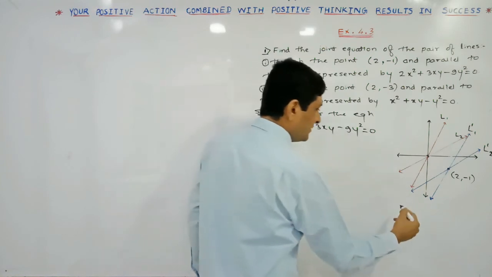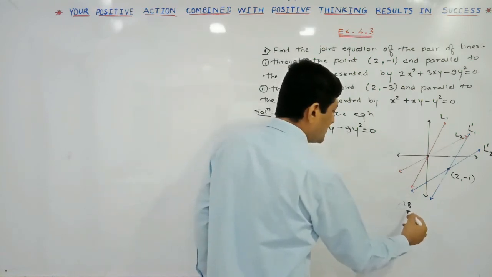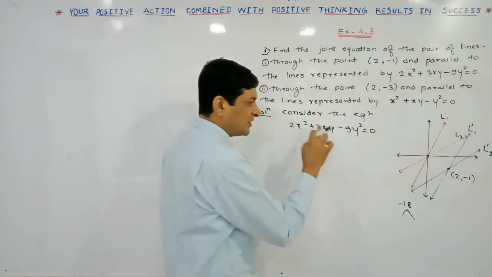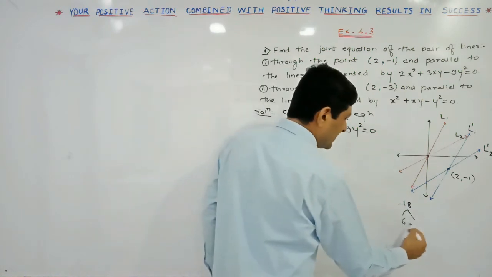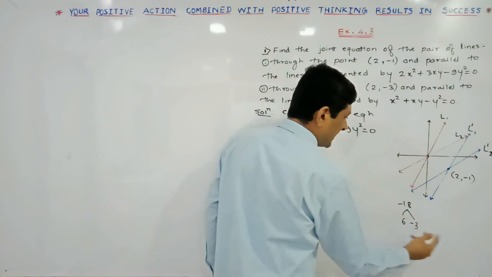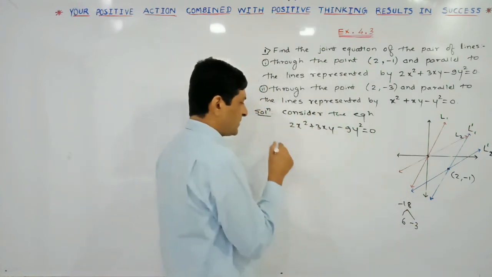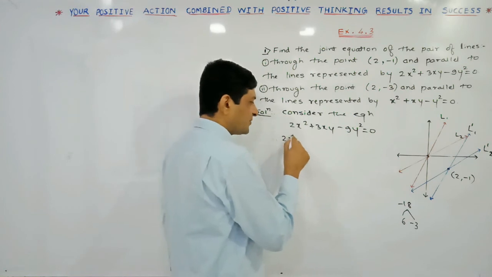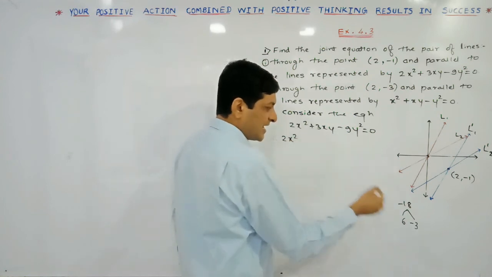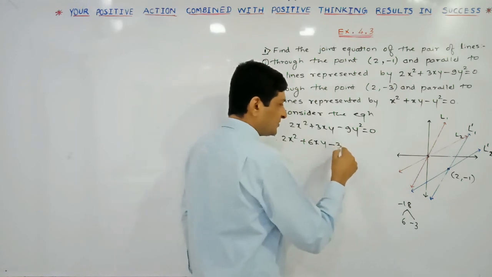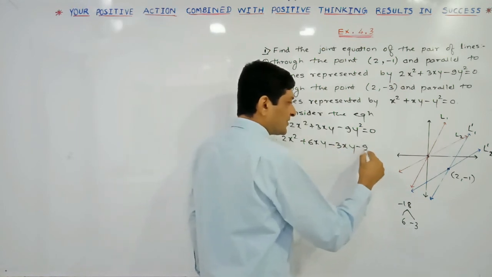2 into minus 9 will be equal to minus 18. Now we are finding two factors of minus 18 such that the addition should be equal to 3. So here easily we can observe that 6 into minus 3 will be minus 18 and their addition will be equal to plus 3. So here keep 2x square as it is, 3xy can be split up as 6xy minus 3xy, minus 9y square